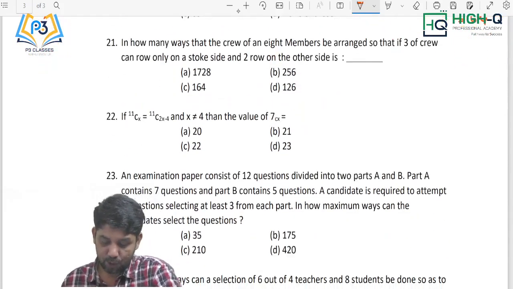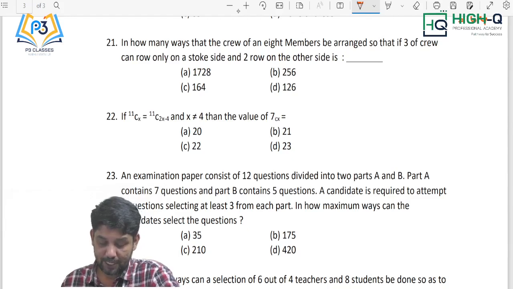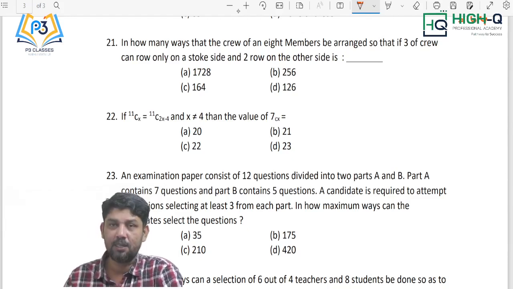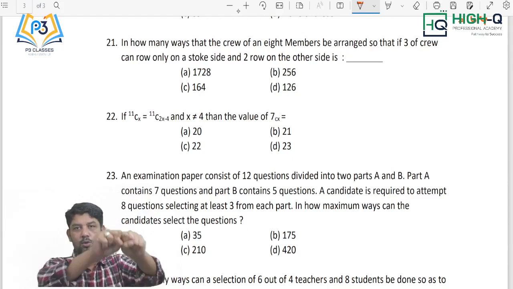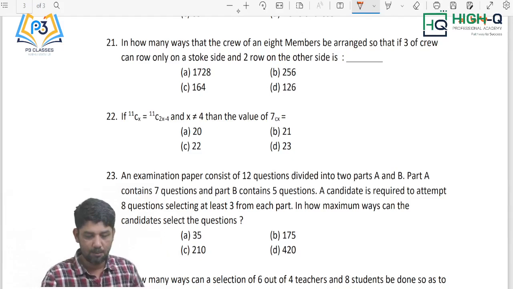In how many ways can a crew of 8 members be arranged so that 3 crew can row only on one side and 2 row on the other side? Listen here, in a boat, you know, row the boat, I hope you know. So 1 out of 8 people, see this side in a boat, listen here,